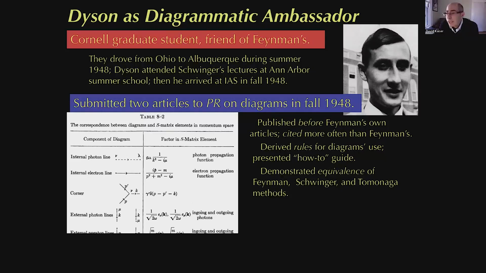In the early years, Dyson's papers were cited more often than Feynman's. They were getting a lot of attention, in part because he was so methodical in laying out a kind of point-by-point, almost recipe book, a rule book for how to use them, exactly the stuff that seemed to be missing from Feynman's presentation, at least at Pocono. Dyson was able to ground the diagrams in more first principles derivations and really go through worked examples.